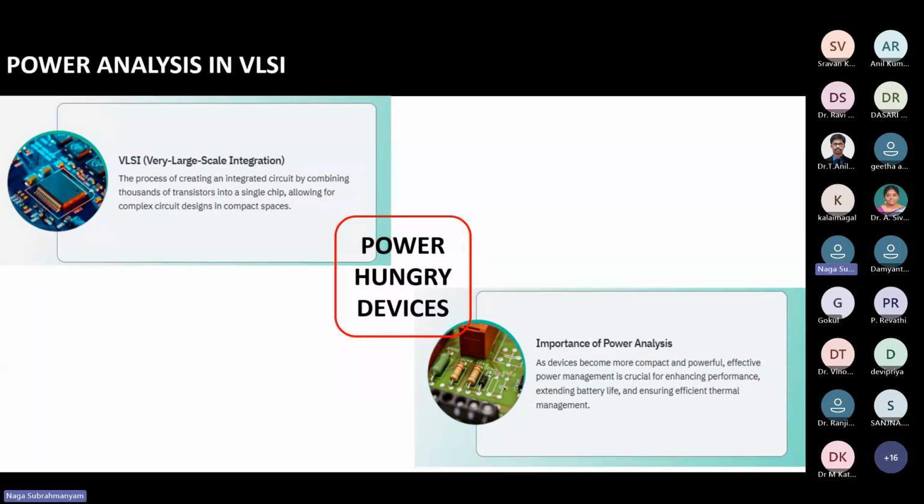Okay. Today's topic is power analysis in VLSI. There are several ways to analyze the power. We can estimate how much power is required. That is one part, and we can understand whether the power is architected properly or not. That is one category. And the last category is whether the architected power going to the particular blocks is proper, and whether it is working in an optimized way or not. That is the